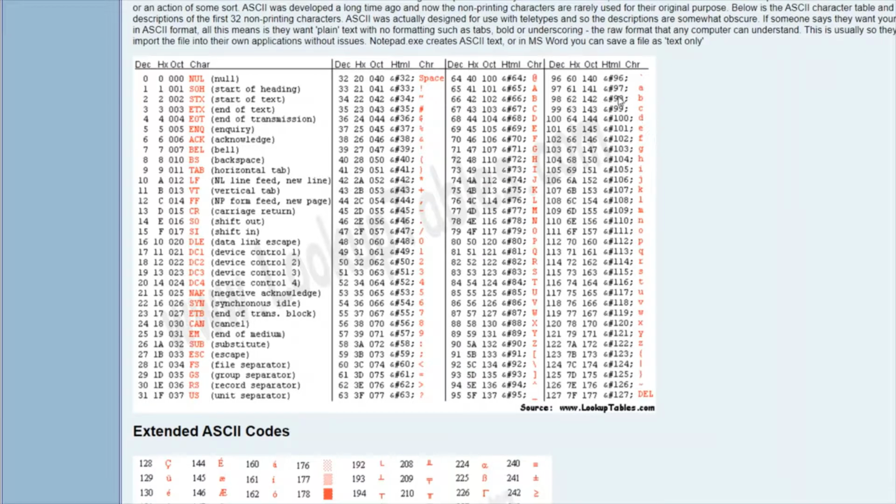If it's lowercase, we're going to subtract lowercase a. If the letter is a lowercase a and we subtract 97, that'll make it 0. From 0, we can then add the key and do the modulus operator of 26,